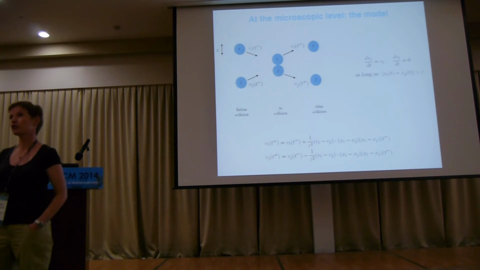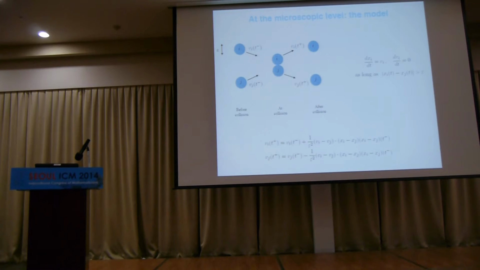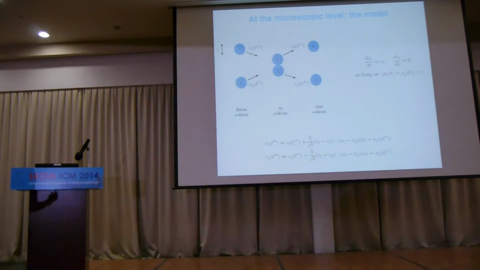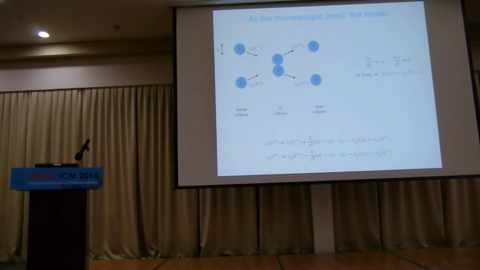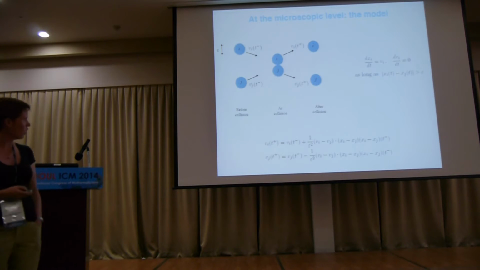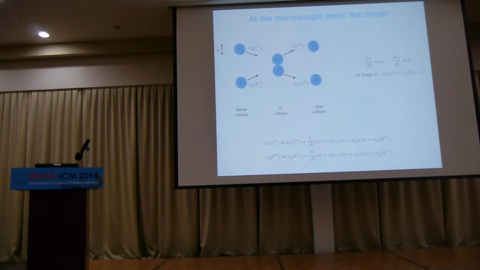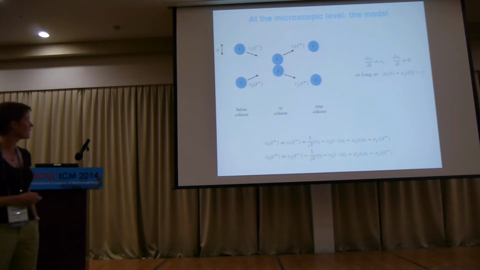molecules, right? So my molecules are just hard spheres. So like molecules i and j are just moving in straight lines. At some point they hit each other, okay, and then they bounce back by these laws. So of course you don't have to remember these laws. Just you go in straight lines, okay, as long as they don't hit each other. When they do, they collide and jump off.